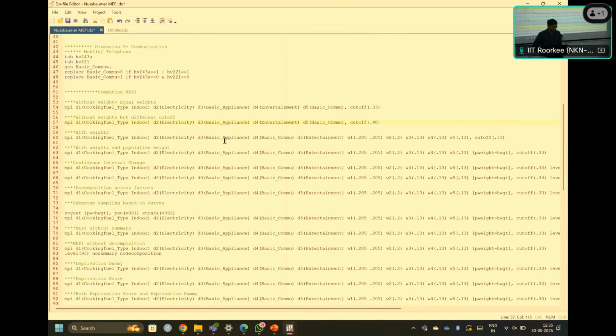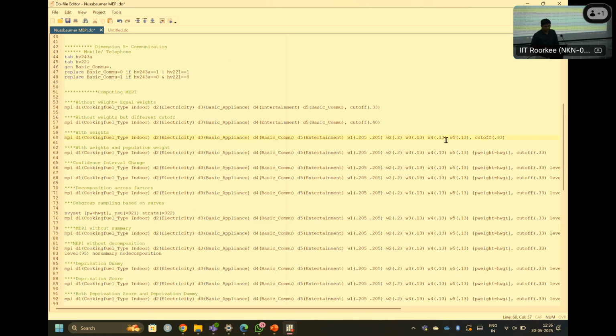Okay, now with different weight, how it works. The third one, I'm going to just run it here, with the cutoff K of 0.33. Is it okay? 0.33 again. Cutoff is the same 0.33. Third one, this one, and in each of the dimensions we are adding differentiated weight. So okay, W1 has been assigned two weights, W1 W1, because there are two indicators. So just mark it carefully. Same weight within the dimension.